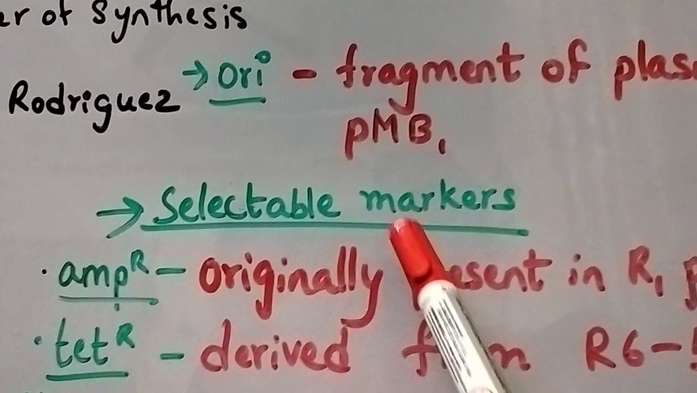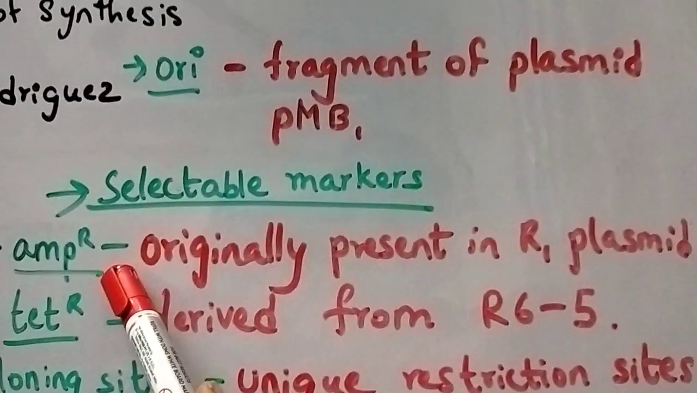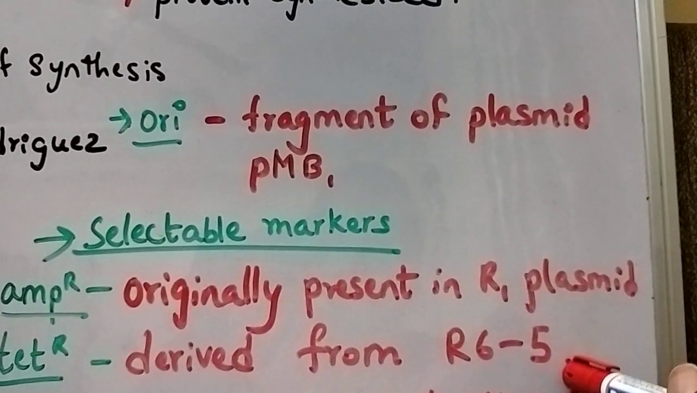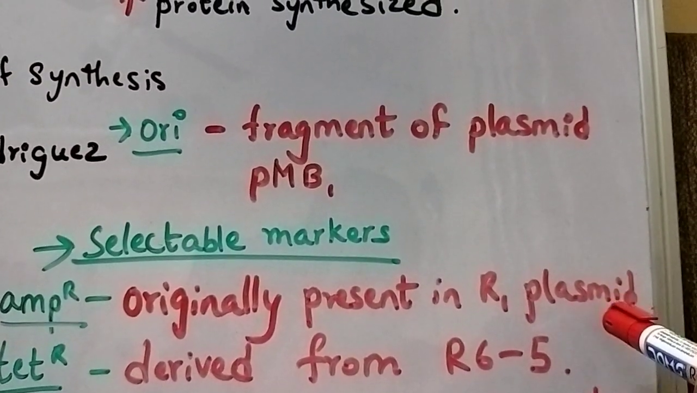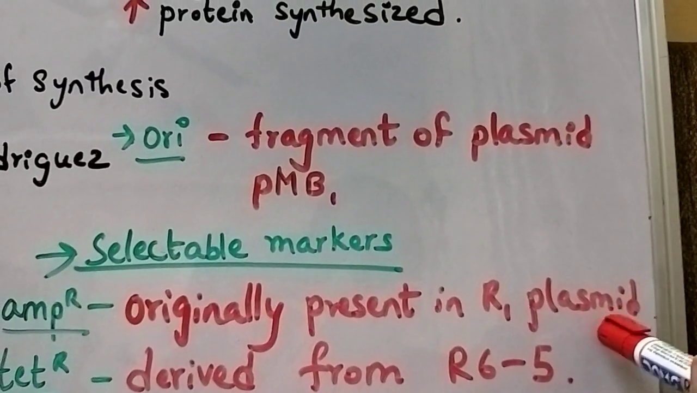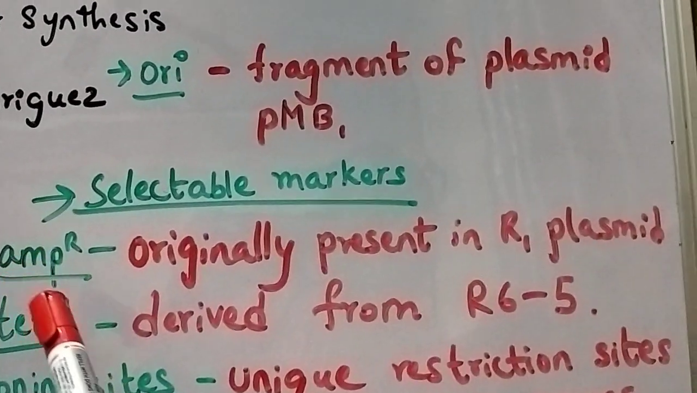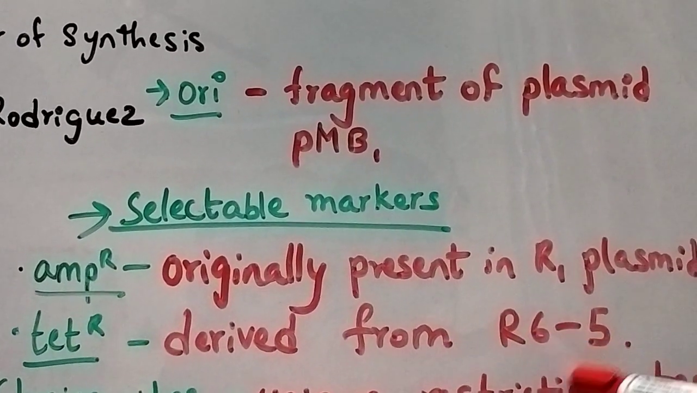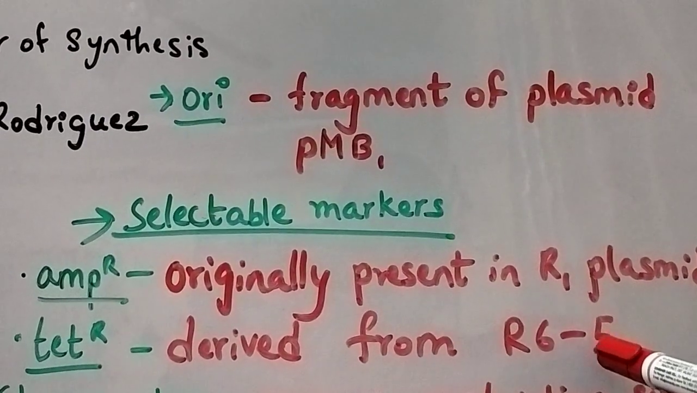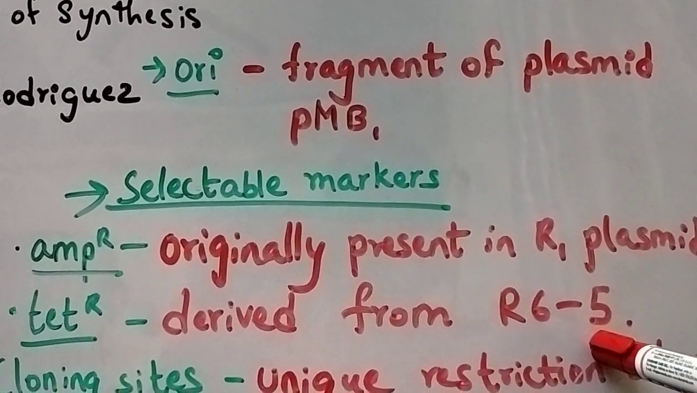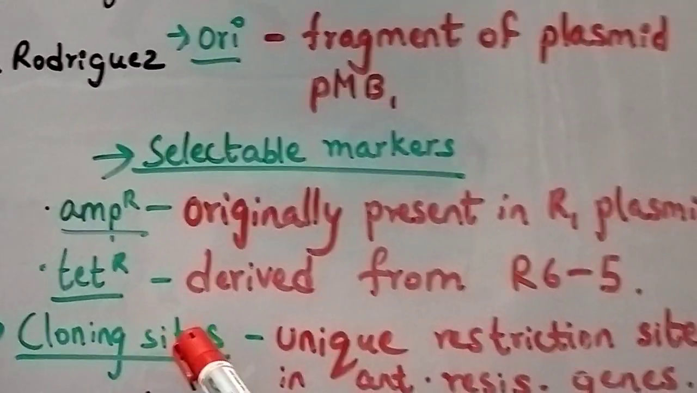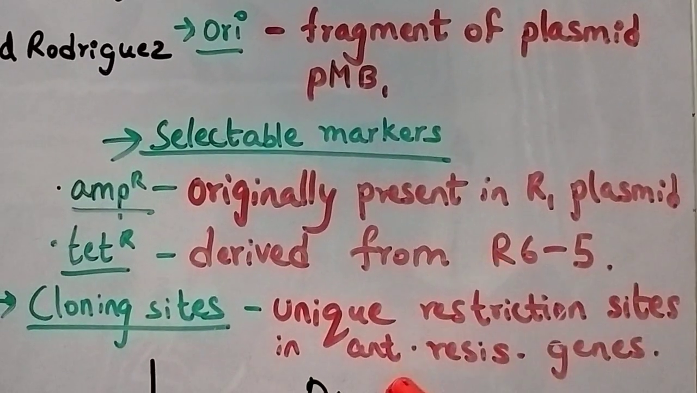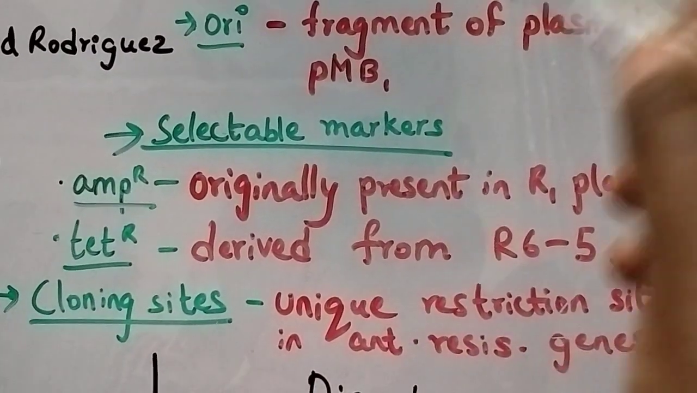Coming to the selectable markers, ampicillin resistance gene is originally present in the R1 plasmid. R1 plasmid is the naturally occurring antibiotic resistance plasmid in E. coli. Tetracycline resistance gene is derived from R65. This is the second antibiotic resistant plasmid. Then the cloning sites. As I said, there are many unique restriction sites within the antibiotic resistance genes in this